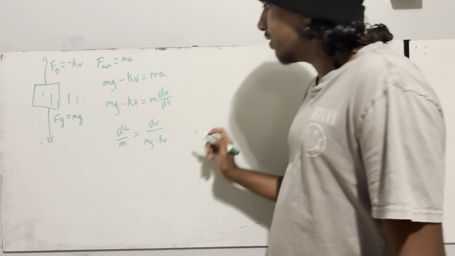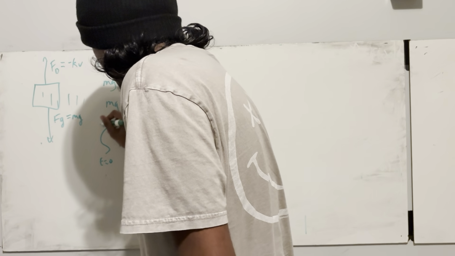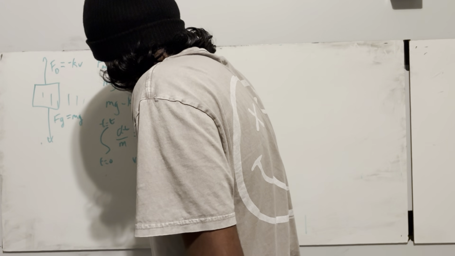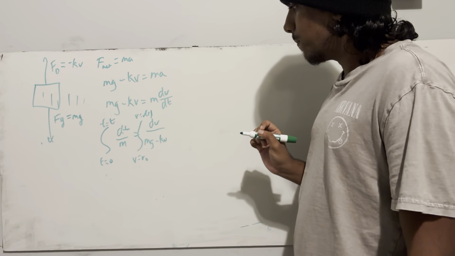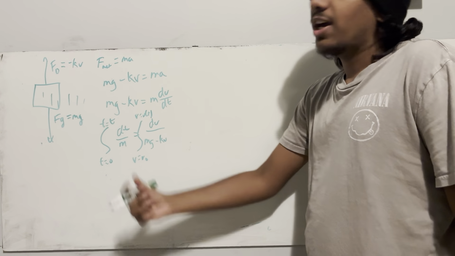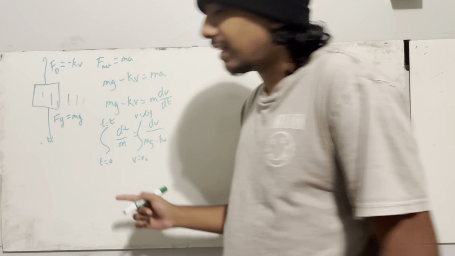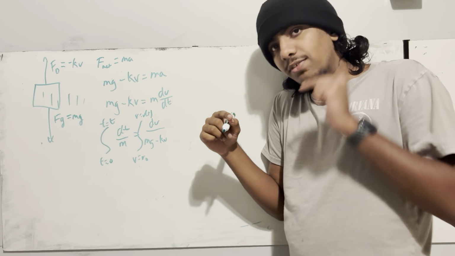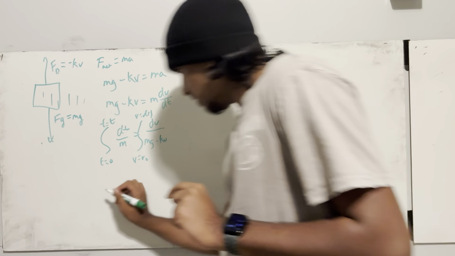Second step, integrate. So we're going to integrate, same thing as before, t equals 0 to t equals t, v equals v naught to v equals v of t. Obviously, 1 over m is a constant, so we're gonna do the same thing we did last time on this side. Remember, 1 over m is a constant, so we're gonna integrate. You get t over m, but you're plugging in 0 to t, so that's just gonna stay as t over m,